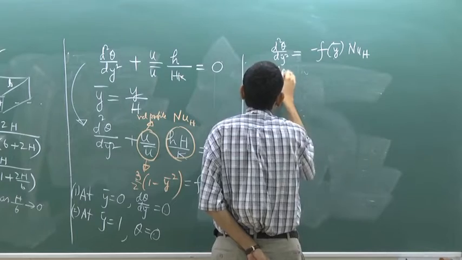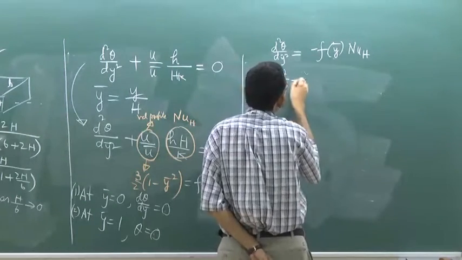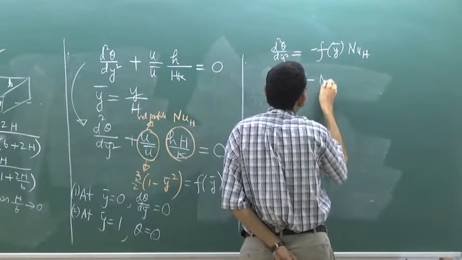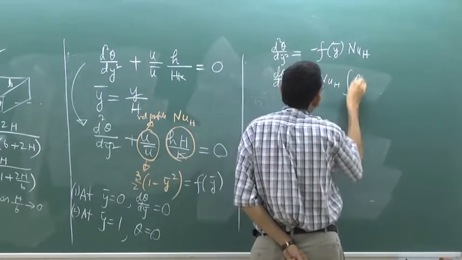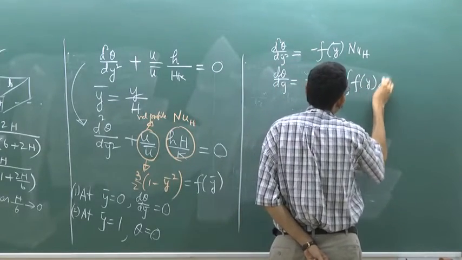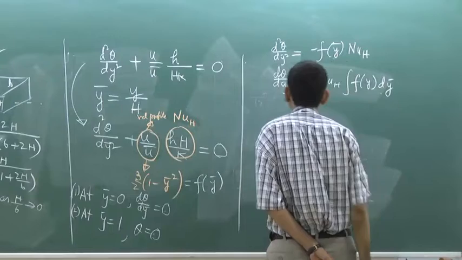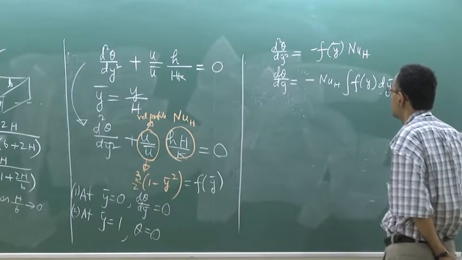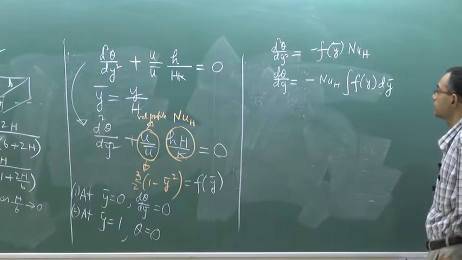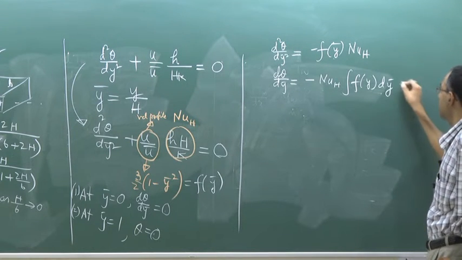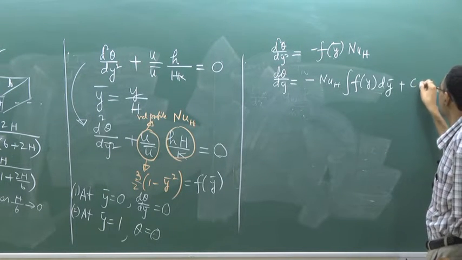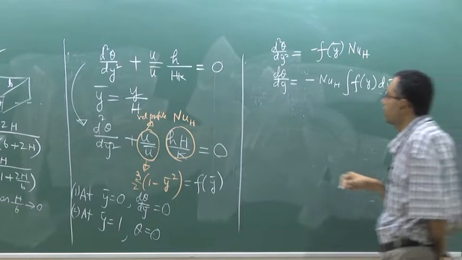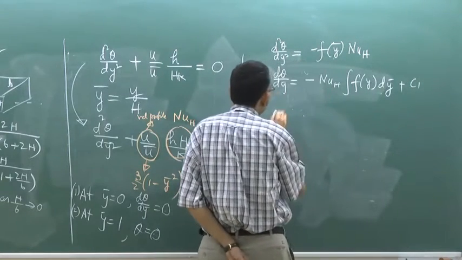So d theta dy is equal to minus Nusselt number integral of f y dy plus some constant C1. So when you integrate you will get theta is equal to